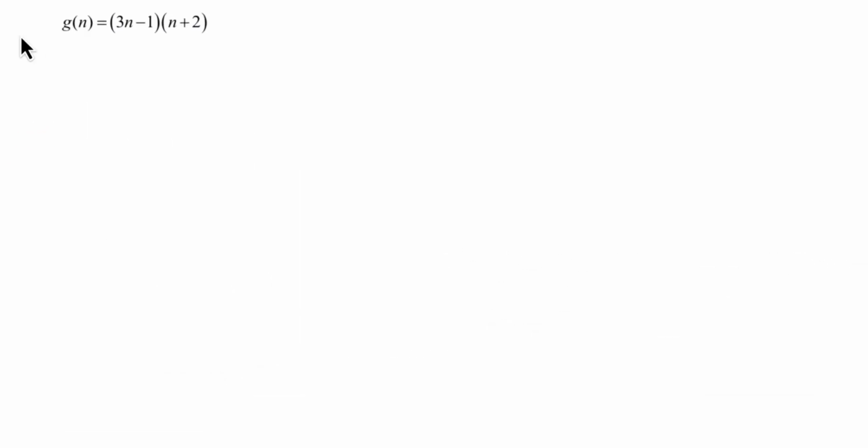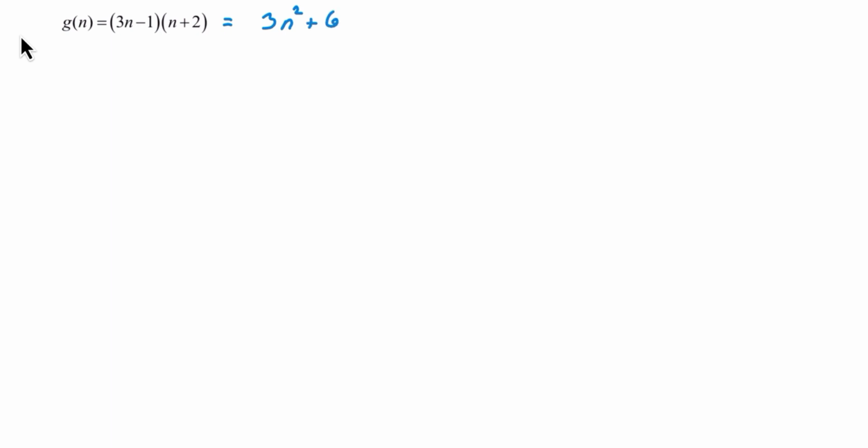Notice g is a product. If you know the product rule already, you're welcome to use it, but we haven't learned it yet. So we need to first rewrite this in a manner that will allow us to use the constant multiple rule that we do know. So we'll FOIL this, giving us 3n squared